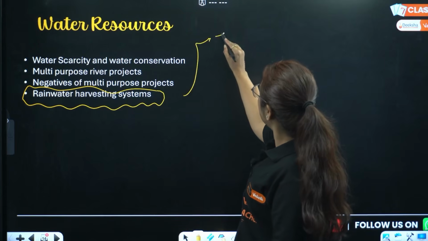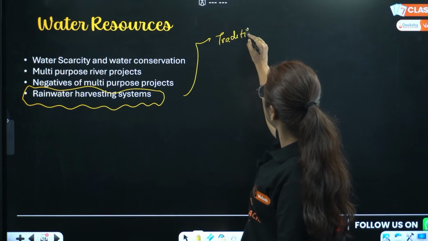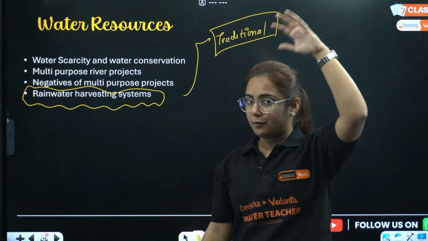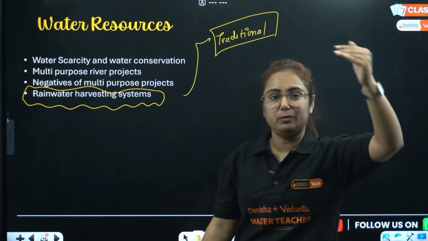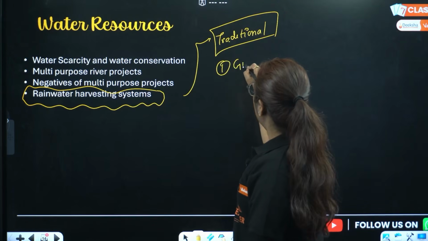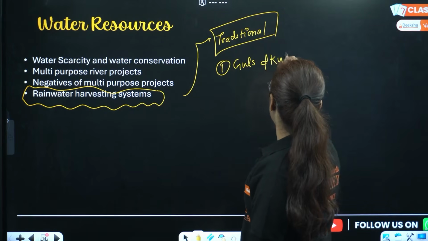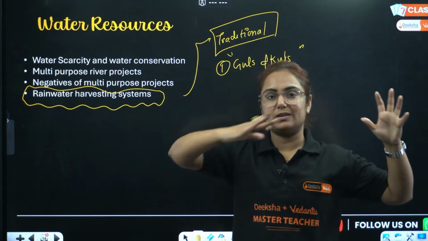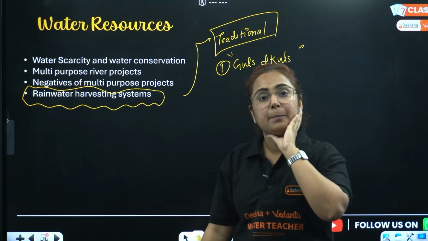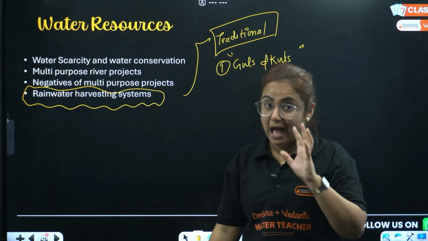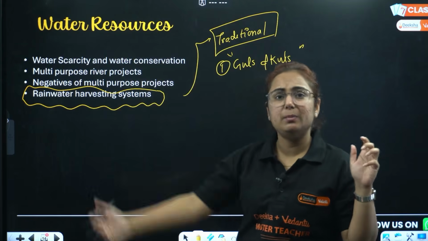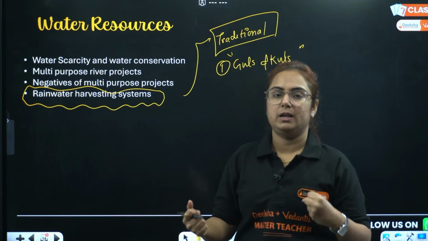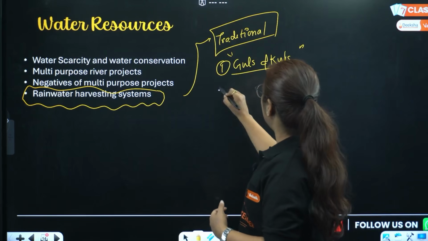Right? First we will talk about the traditional rainwater harvesting systems. Do you know what rainwater harvesting is? Rainwater is a source of fresh water, and we can collect it in various ways. First one is guls and kuls. Now in the Himalayan region, what are these? They are diversion channels, like rivers flowing in the Himalayan region. Ganga, Brahmaputra, Indus have sources of fresh water which eventually mix with ocean water. Why? Whenever there is overflow, why can't we store it? Right? By forming this what?